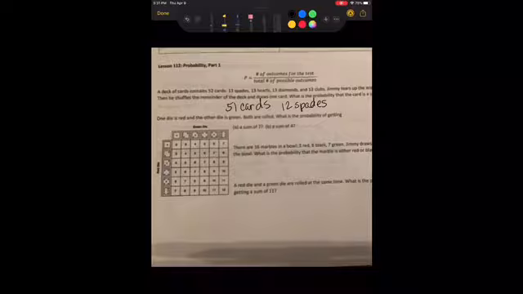And we calculate probability by dividing the number of outcomes for the test. In other words, for this one, it's spades, divided by the total number of possible outcomes, 51. Now,